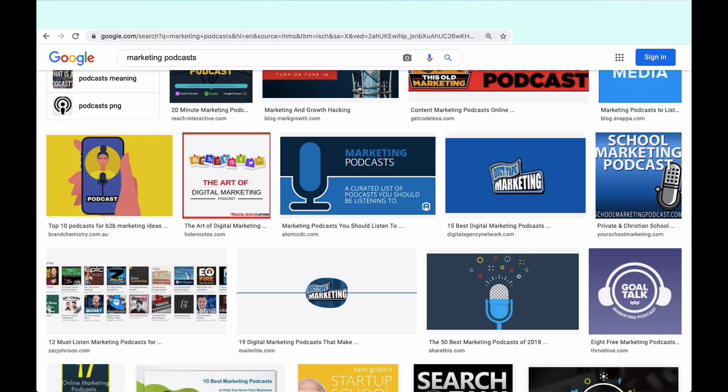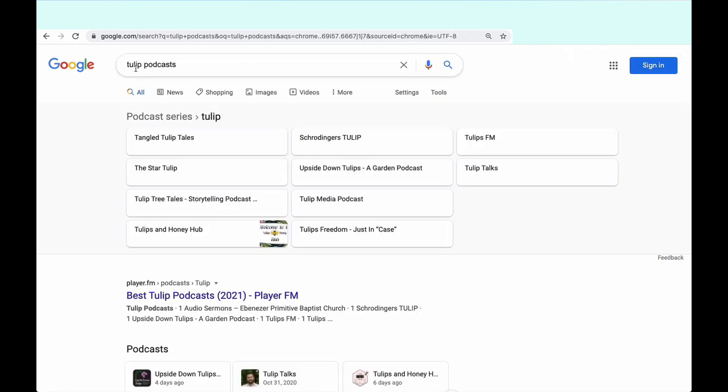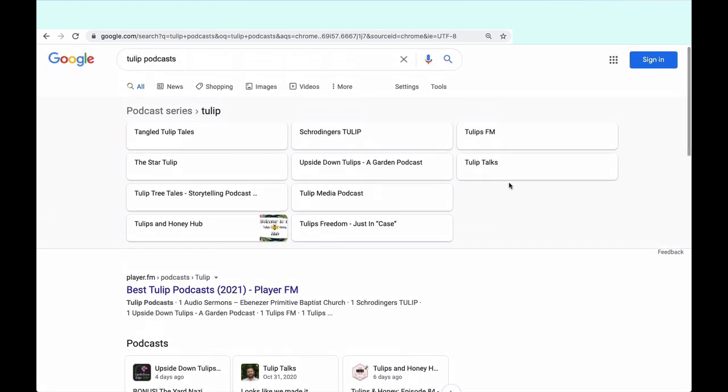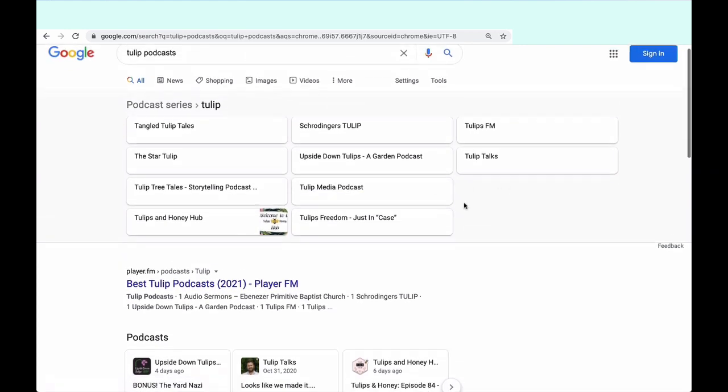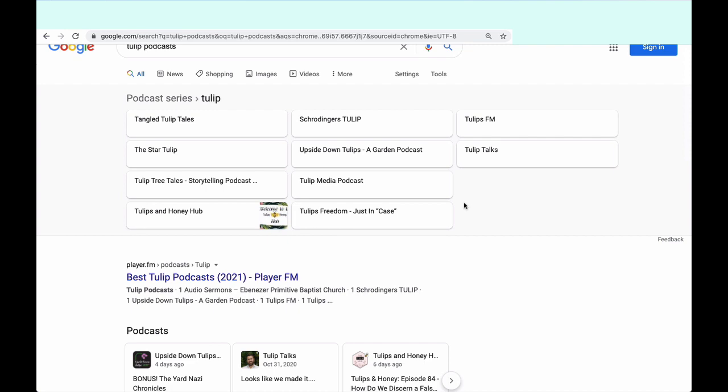And let me just finally point out, even if your keyword is tulip or something else that's not one of the most popular terms, no offense to tulip people, you'll still get from Google actually a curated list of the Tulip podcasts. So it is a quick way to see what's out there. Again, though, this does not tell you if these shows are active, doesn't tell you anything else about them, but it is a way to help build your list.